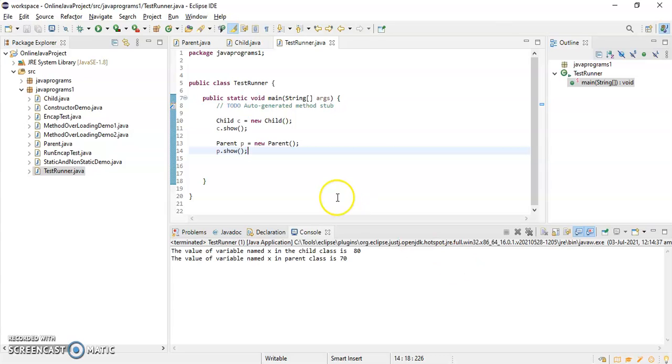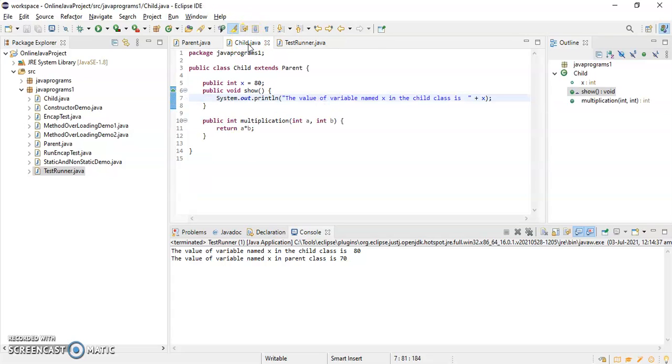So now we are creating two objects, right? But if we are going for inheritance, then what is the need of creating two objects? With the help of the child object, I should be able to access all the methods and variables of parent and child class. So in this case we can use the super keyword.